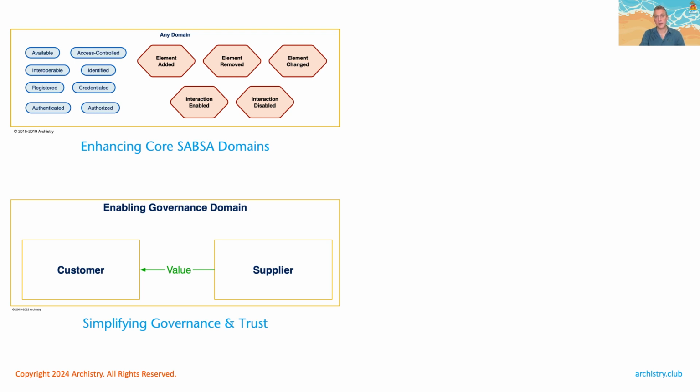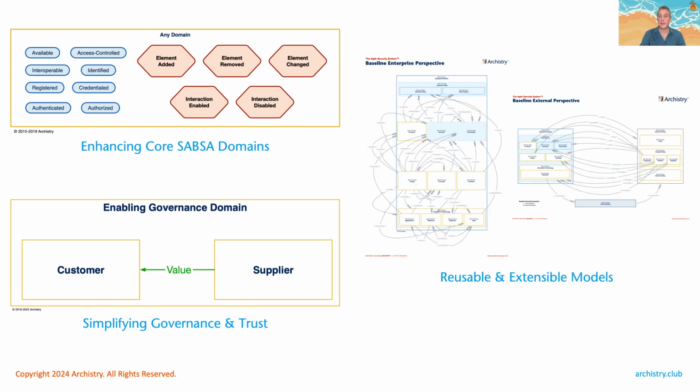Whether you're talking about interactions between systems, organizations, people, departments, products, it doesn't matter. This model still applies. And finally, we have a set of reusable and extensible models that are those decomposition patterns that I've found most useful over almost 20 years of my career in doing architecture in the large. I've had a background in solution architecture, application architecture, software systems, enterprise architecture, all of these different kinds of architecture. To me, it's all the same. Security architecture is just no different.